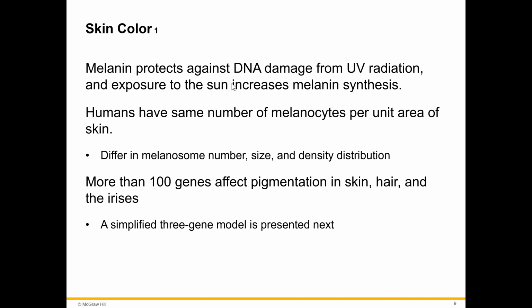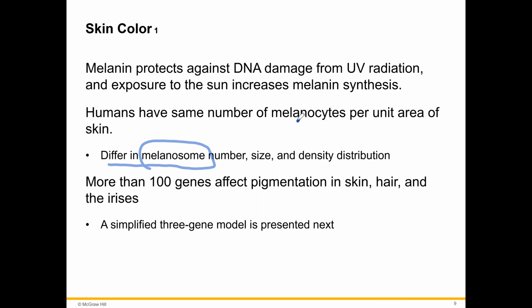Why do we have this melanin? We have melanin to prevent DNA damage from the sun. And when we go to the beach very often, so when we increase the exposure to the sun, then our skin gets darker. Our skin gets darker because we increase melanin synthesis. Humans have the same number of these cells, melanocytes, per unit of area. Those melanocytes are the ones that synthesize melanin. So we have the same number of melanocytes per unit of area of skin, but we differ in the melanosome